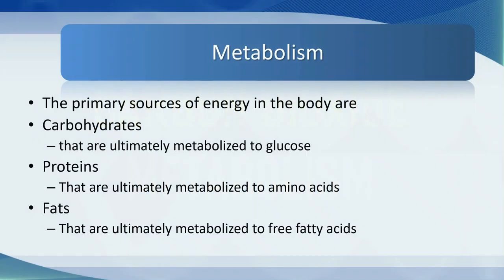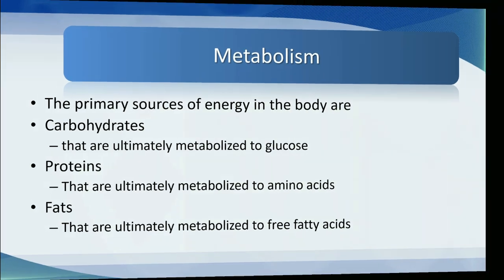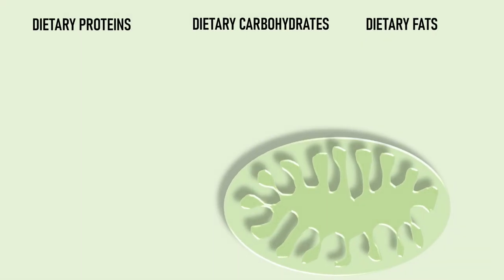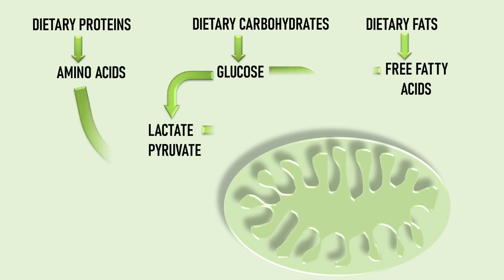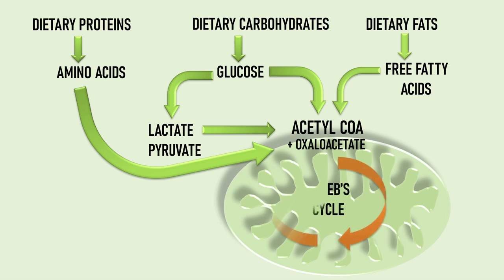The primary sources of energy in the body are carbohydrates, proteins, and fats. And the way we think of them as being metabolized to glucose, amino acids, and free fatty acids. And that is true, but in fact, they really are not metabolized to those endpoints. They're metabolized to carbon dioxide and water via the Krebs cycle with the intermediate step of acetyl coenzyme A. So everything that we eat ends up as carbon dioxide, but not every gram of substrate produces the same amount